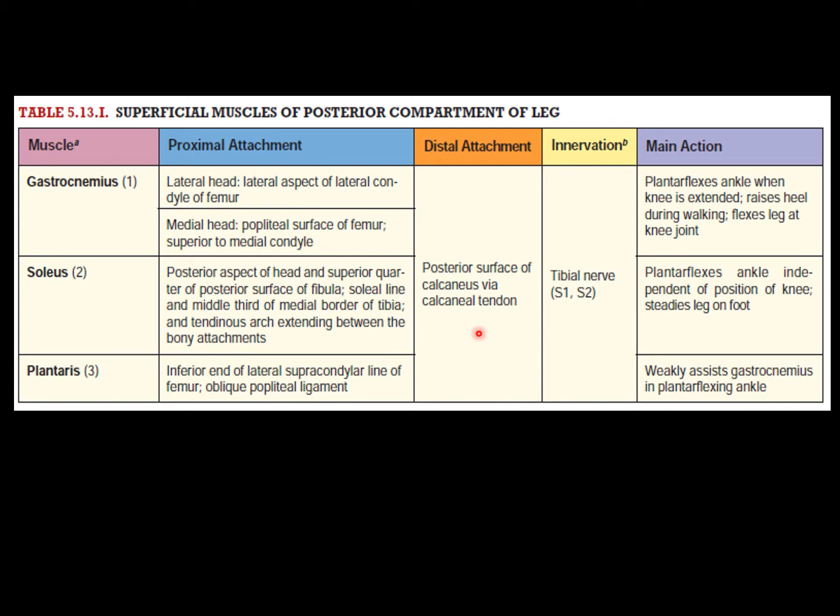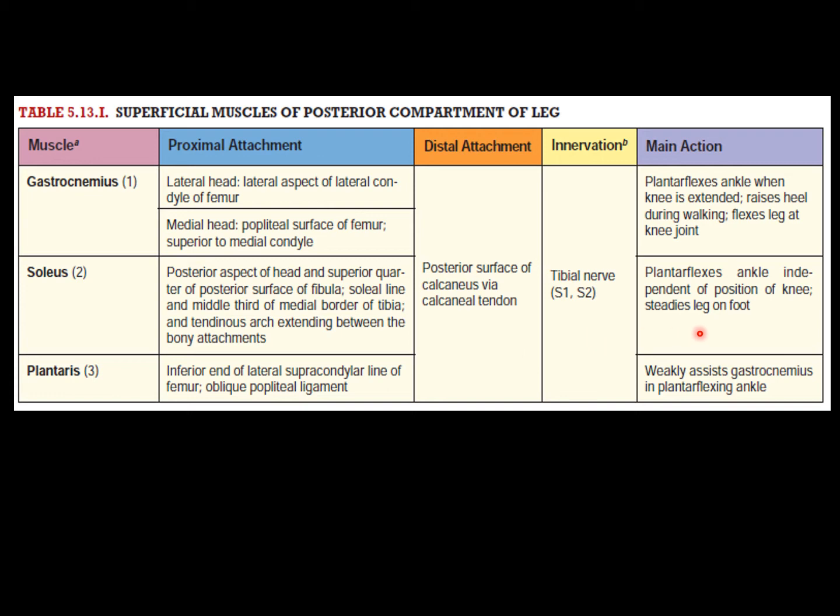Another important thing regarding the soleus is that inside the soleus many small venous channels are present. So when this muscle contracts, it pushes the venous blood towards the heart. So that's why this muscle is also known as the peripheral heart. As I have discussed, because many venous channels lie inside the substance of the soleus, when the muscle contracts, it pushes that blood upward towards the heart, so it is also known as the peripheral heart. We will discuss this point again, inshallah, in the venous drainage of the lower limb.